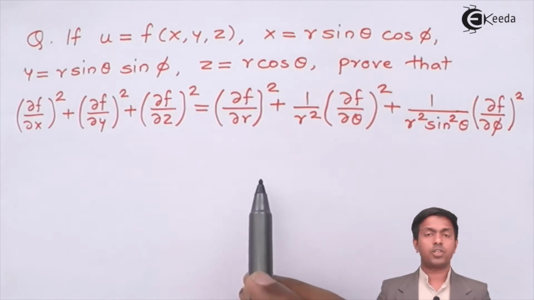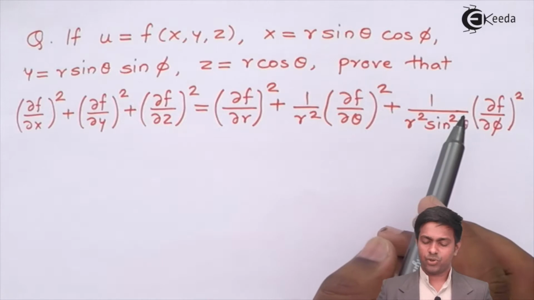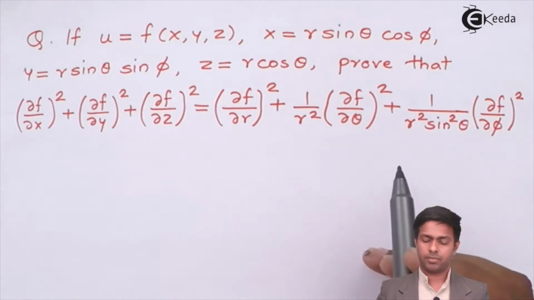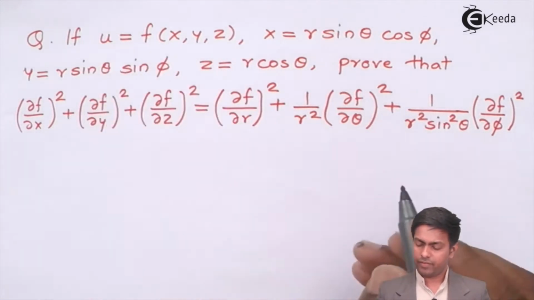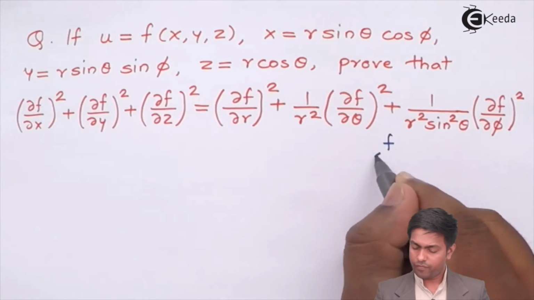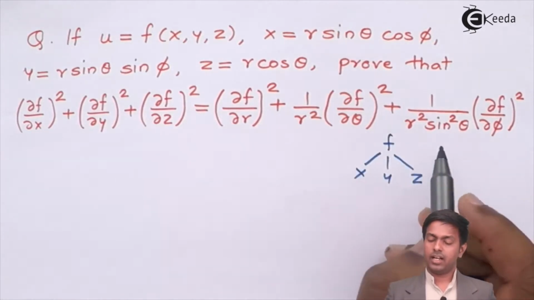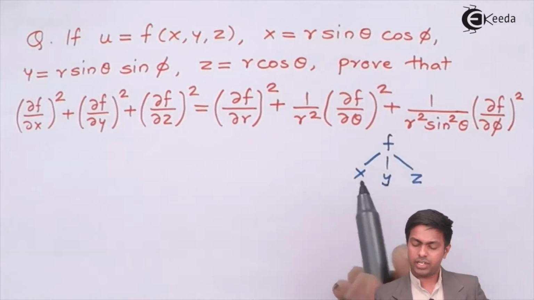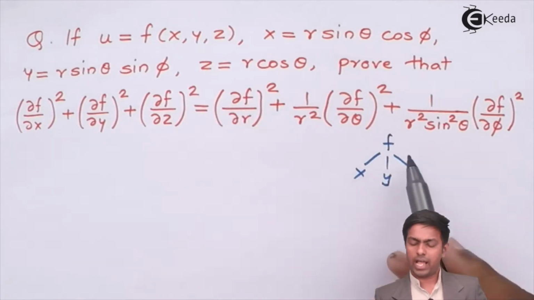So if you observe both sides, then there are different differential terms. So the question is, where should we start? And that will be decided from the tree diagram. So here first of all we'll say that this u or f is a function of x, y and z. Here I can take it as u as a function of x, y, z, but in the question it is asked del f by del r, and that is why we are calling u as f.